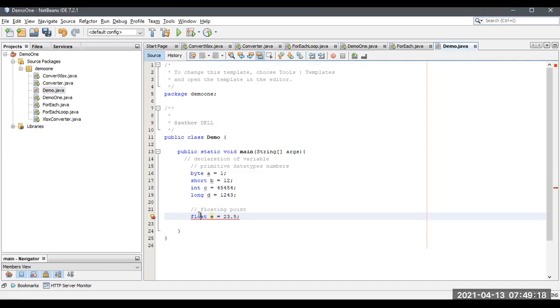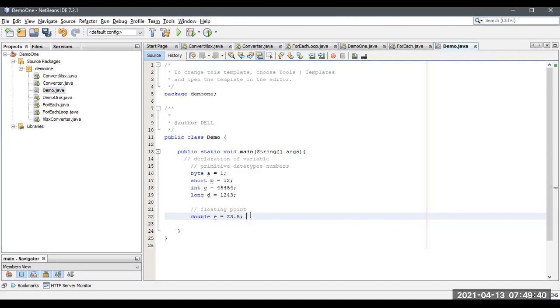Let me check. I'll take it as a double initially. Okay, this is the data type. We'll check that floating point error later. Okay, so these 6 data types are for number representation.